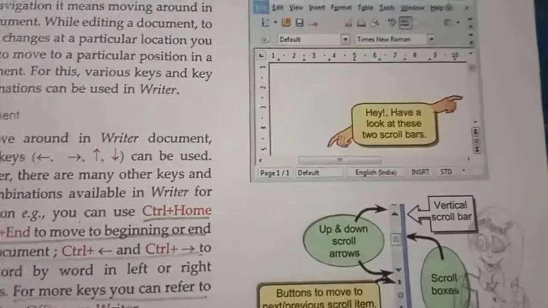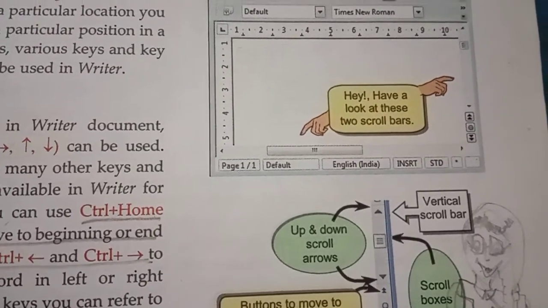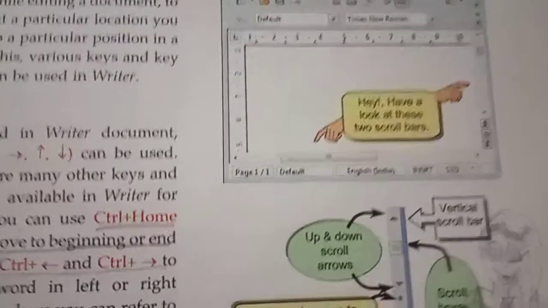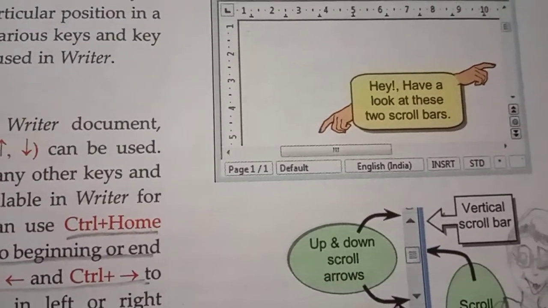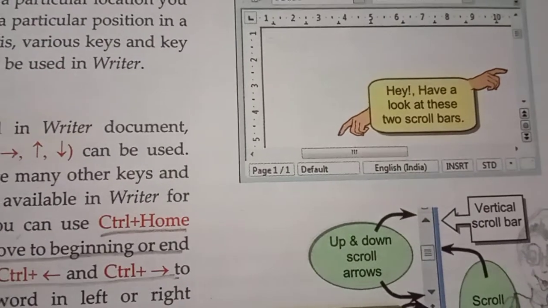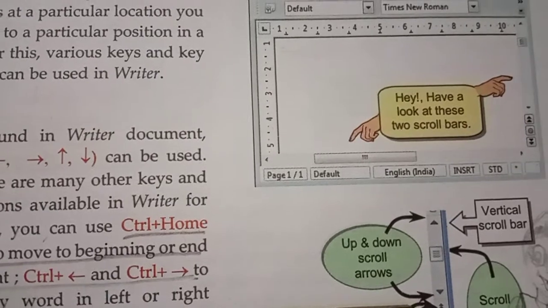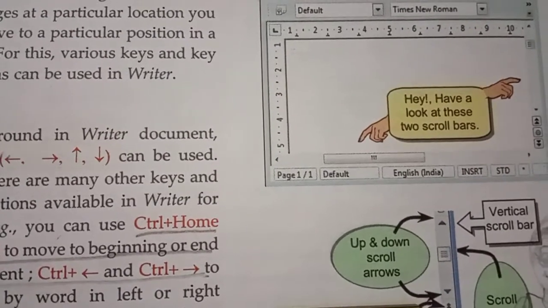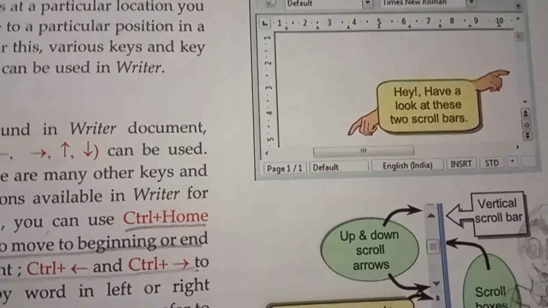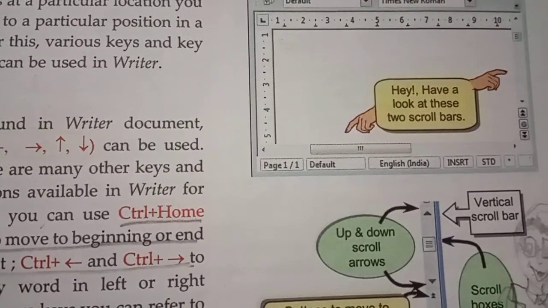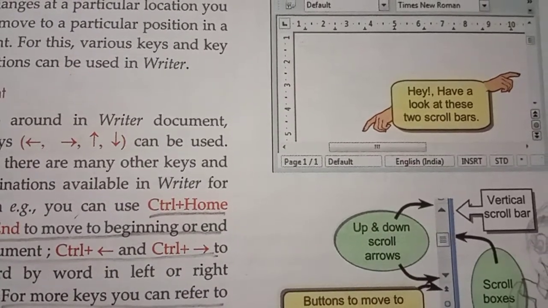So look at that here. Look at that picture carefully. So you can see that one vertical and one horizontal scroll bar are there. Scroll bar. So look at these, these are the scroll bars. So one finger is pointed there. So one vertical and one horizontal. So by using this vertical and horizontal scroll bar, you can scroll down. So if you want to move to the right, you can just scroll towards the right on that scroll bar. If you want to move downside, you just scroll down. So this is the way to move or navigate in a document by using the scroll bar.